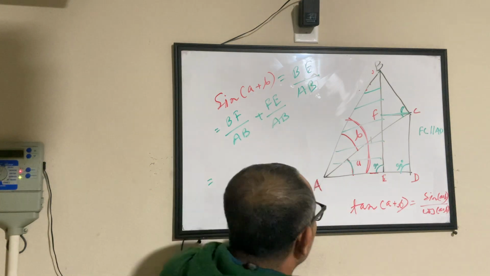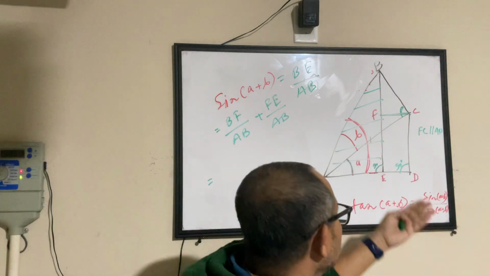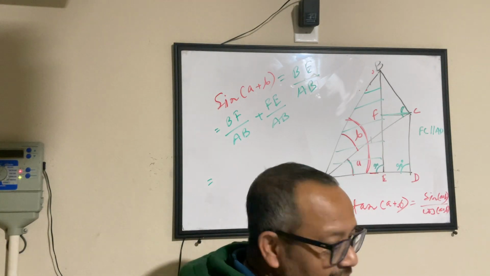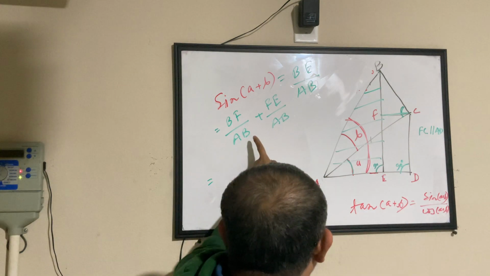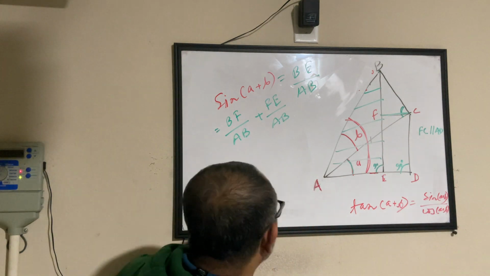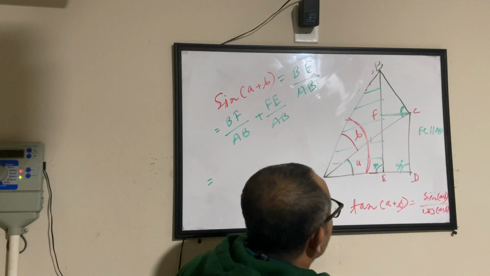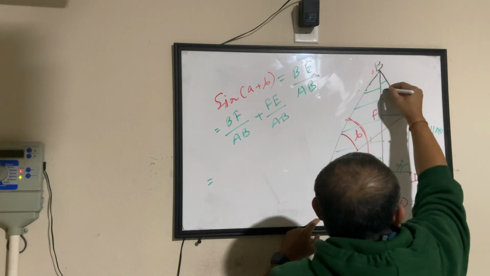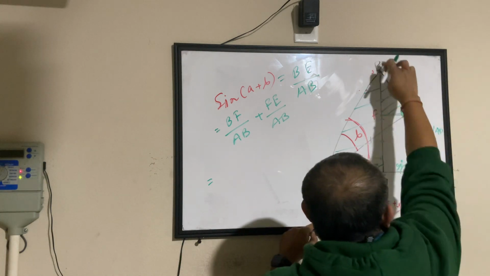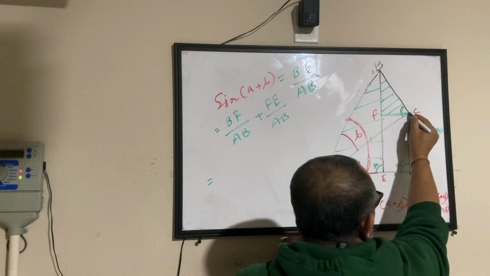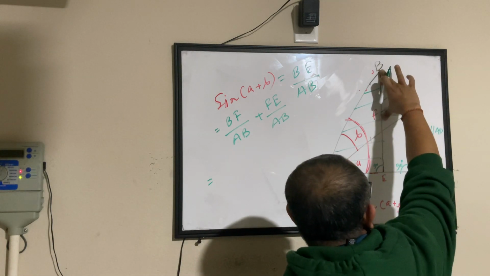Same way FE divided by AB, we don't see any relationship. These are all different disconnected triangles. They don't have any relationship. But let's look at BF. BF is part of another right angle triangle. If you look at it, BFC is another right angle triangle because we have drawn a perpendicular to here. Now if you look at this BF,